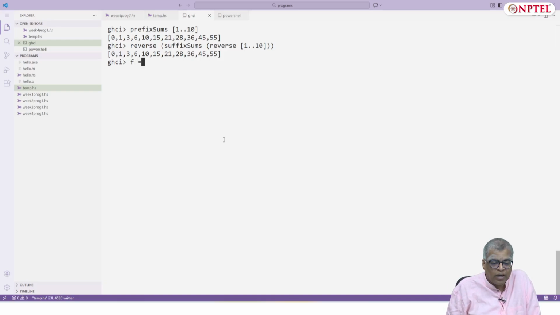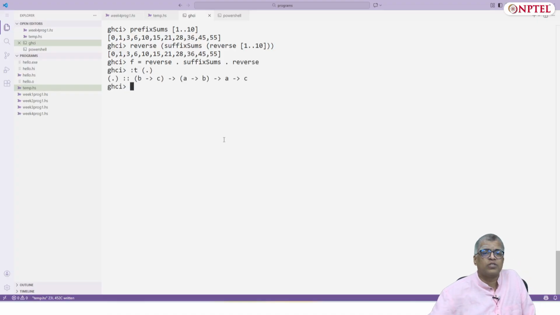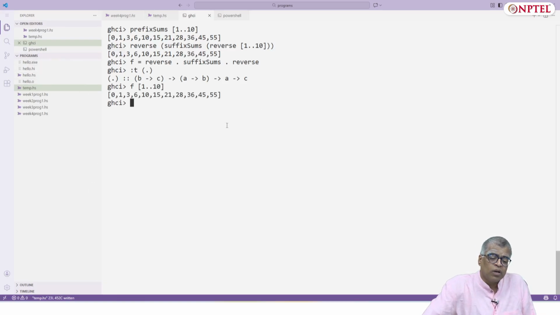I can write f equals reverse . suffix sums . reverse. Note the type of the dot: (b -> c) -> (a -> b) -> (a -> c). It is just composing functions, and f applied on 1..10 will give you the same result as prefix sums.